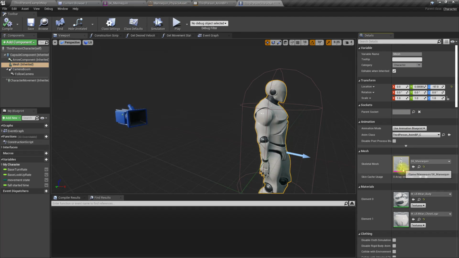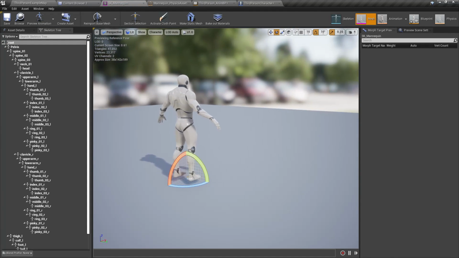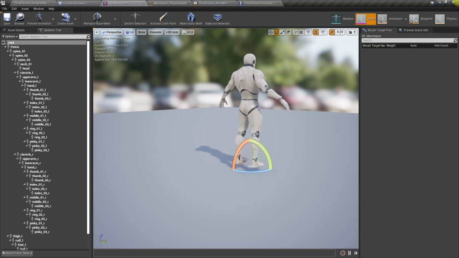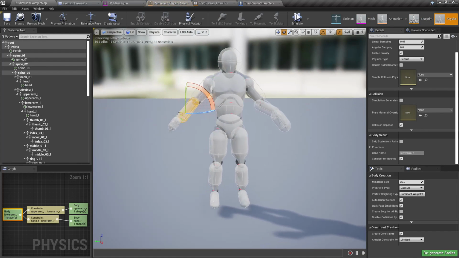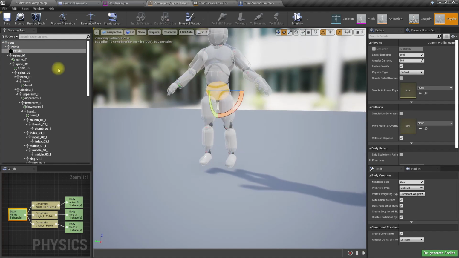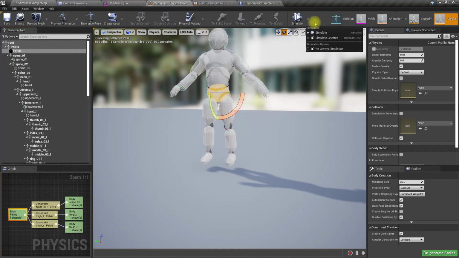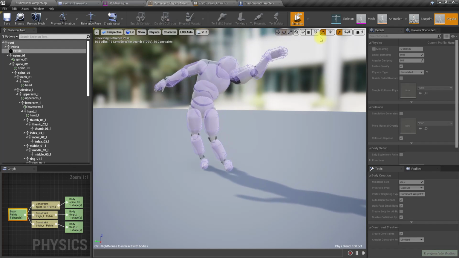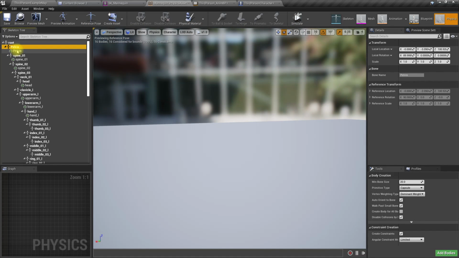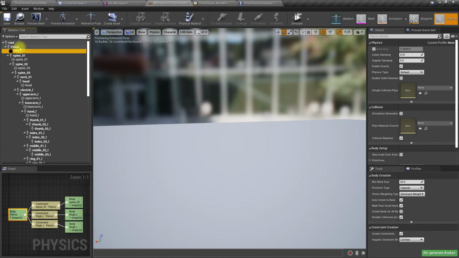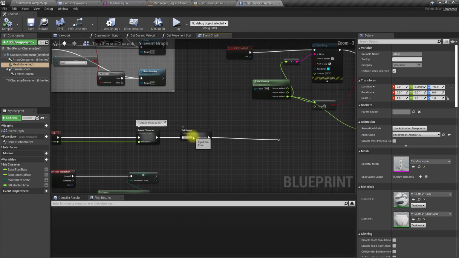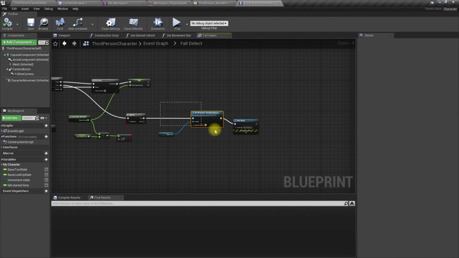So if I check, right, so this character has this root mesh, and if I go to the physics body, the constraints, what if I simulate selected? No. Yeah, instead of this,